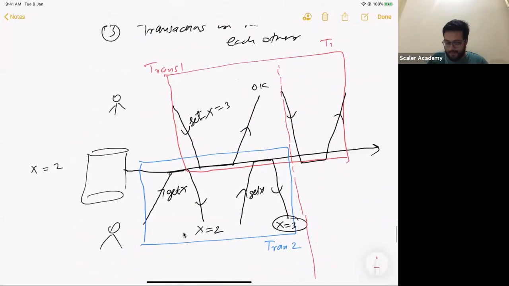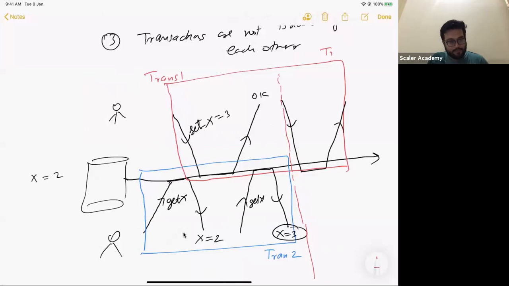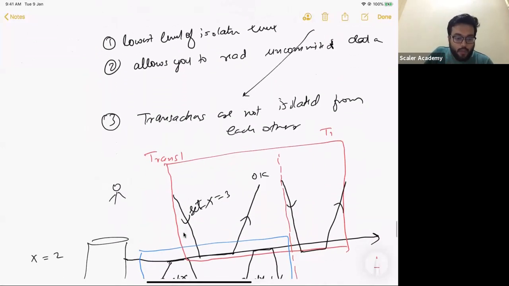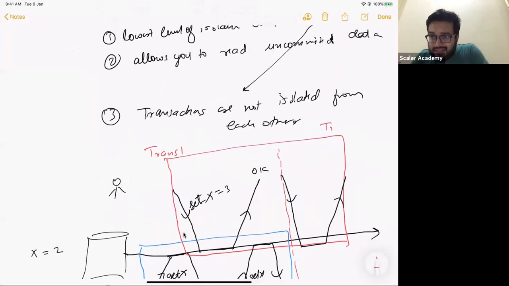So we discussed this. This is a big problem here. So read uncommitted is a very basic level of isolation in which there is no isolation. Now some of you would ask if this is this bad. Let me tell you one more thing. When you are running a SQL server, SQL DB, you have to specify what isolation level your system is running at. Do you appreciate that? You have to specify what isolation level a particular system is running at. Do you guys appreciate that?